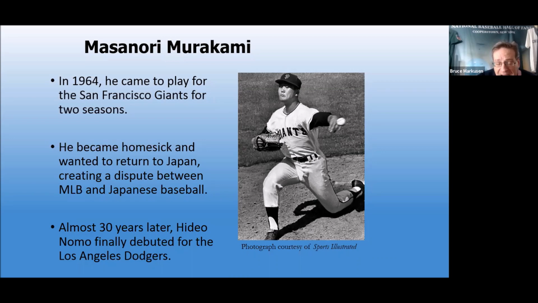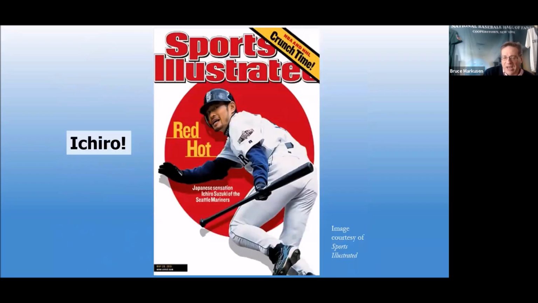Finally, in the mid-1990s, the major leagues and Japan settled their disagreements. Hideo Nomo finally debuts for the Los Angeles Dodgers, 1995. And 25 years later, we continue to see Japanese players have an impact. None more so than the great Ichiro,